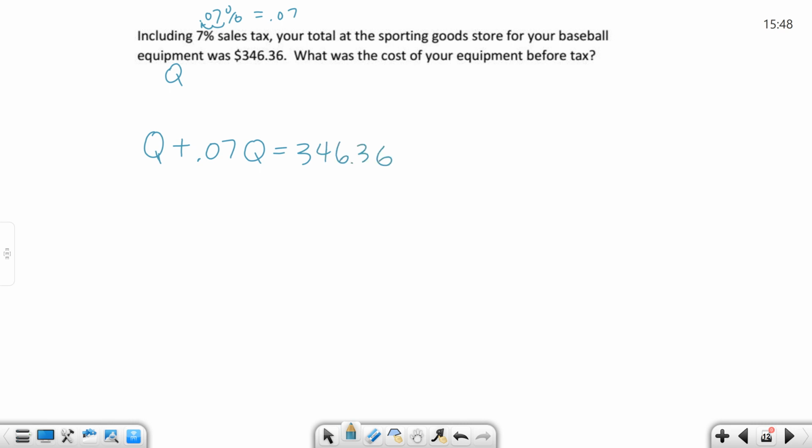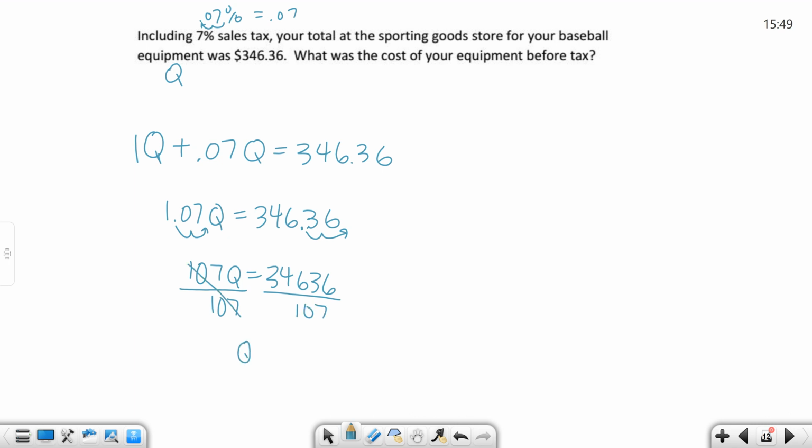346.36, right? So then if you add those together, this is a 1. Remember, 1 plus 0.07 is 1.07Q equals 346.36. Then again, we're going to move the decimal place 2 places. That's the same thing as multiplying by 100, by the way. So 107Q equals 34,636. And we divide both sides by